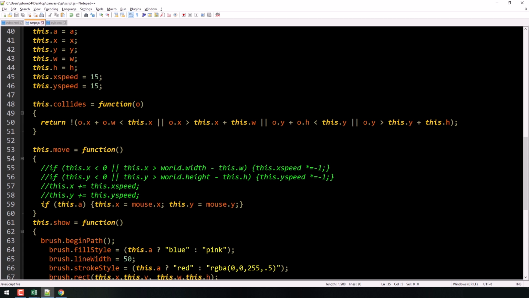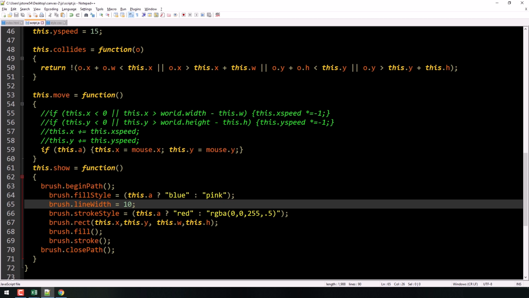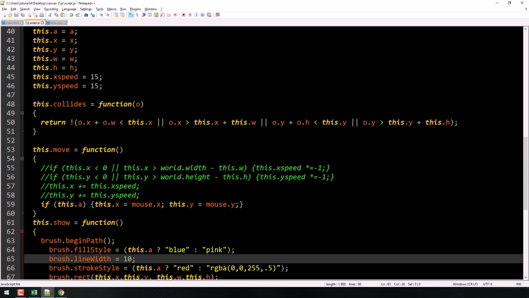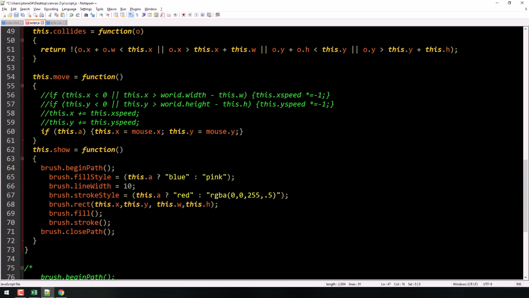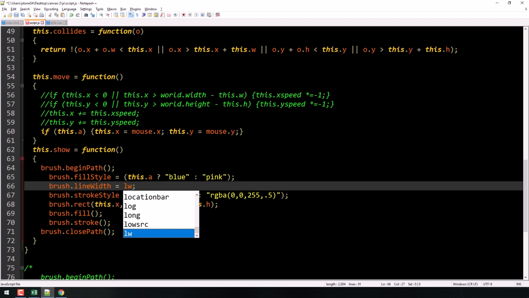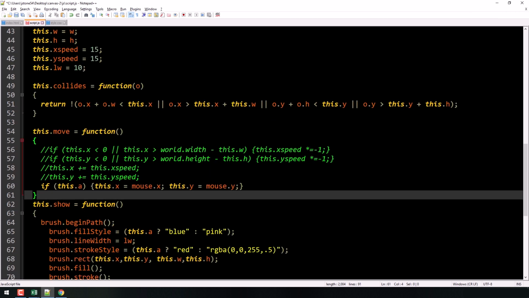All right, so now I'm going to change this to something a little bit more manageable here, back to a 10. What I need to do here in my collision function is access this line width business. So I'm going to set that as a variable so I can access that. I'm just going to say this dot lineWidth equals 10, right? And then down here, we're going to say lineWidth is lineWidth, right? So now what do I have to do to make this work? All of my variables, I have to add half of the thickness of the line width. So line width divided by 2, right?